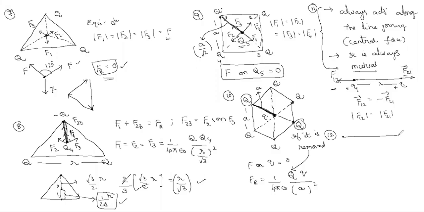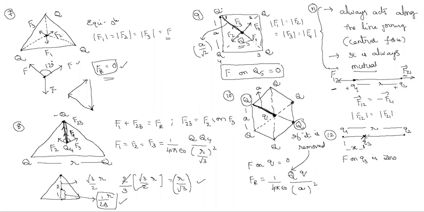Here are two like charges Q1 and Q2 separated by a certain distance, but they are not equal. If a third charge is placed in between them somewhere, I am finding out the position where the force on Q3 is 0. Not the midpoint, but at some distance. That distance only I am asking: what is that distance from the first charge?